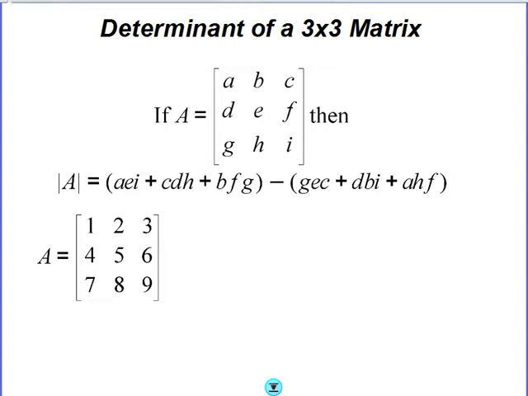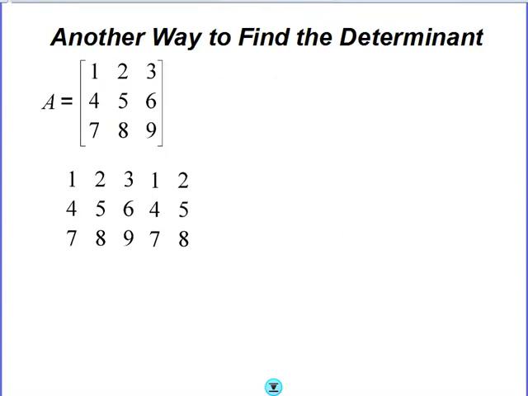Alright, to define the determinant of a 3x3 matrix, there's three ways, but I'm really only going to talk about two of them. This first way is just a lot of memorization. You just have to memorize all this and what number is where. So we're not really going to worry about that. The second way that you can find the determinant, what we're going to do is take the matrix,